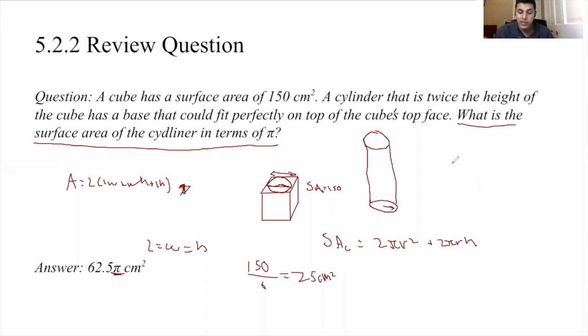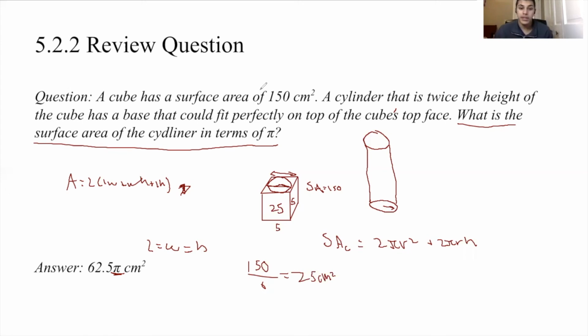And since every face of the cube is a square, that means the two side lengths here are the same, which means that each side length has to be 5. 5 here, 5 here, 5 everywhere else. Because when we do 5 times 5, one face has an area of 25 centimeters squared, so 6 of them have a total surface area of 150 centimeters squared. All right, so now that we have our edge length of the cube as 5 centimeters,